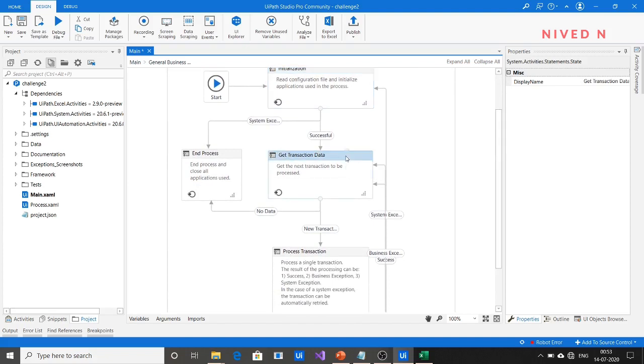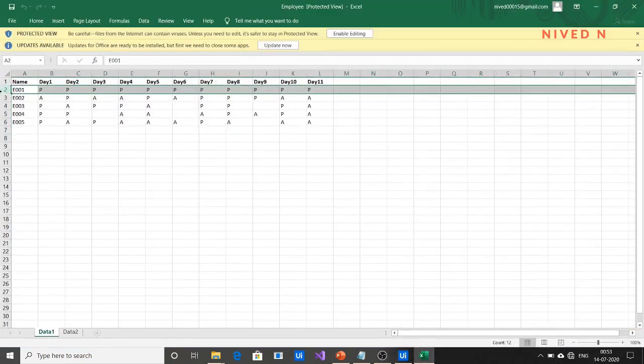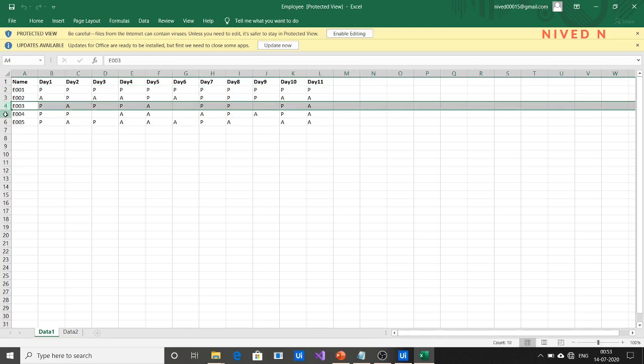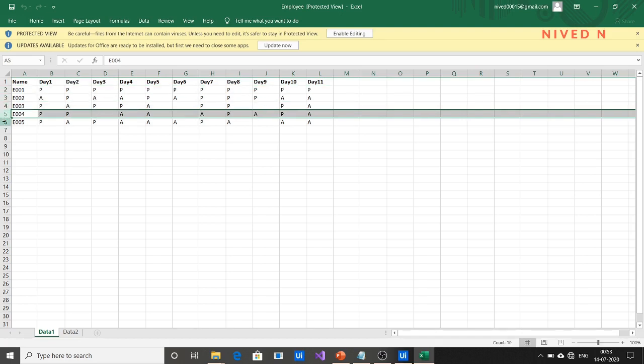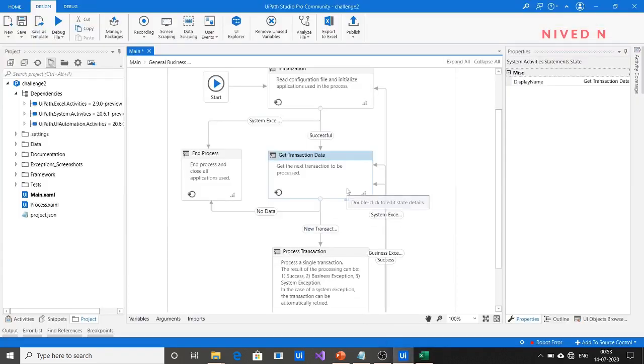In get transaction data, what we are actually doing is retrieving the transaction item. We know that here our transaction item is each data row in the data one sheet. So we have to assign the transaction item here in the get transaction data state.